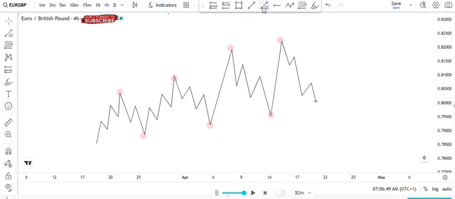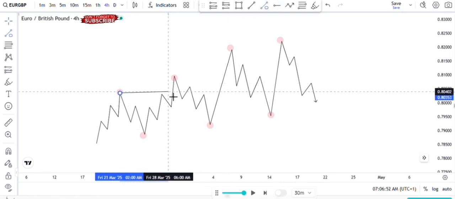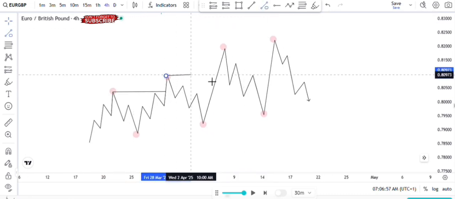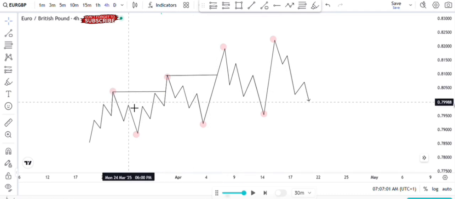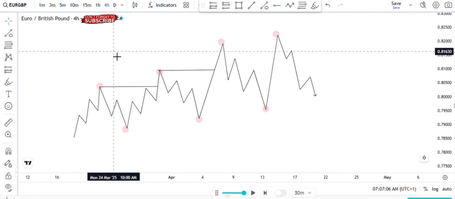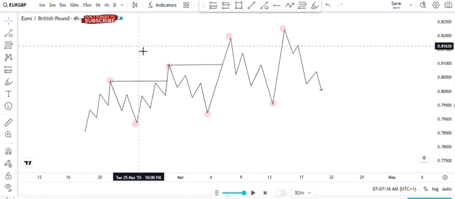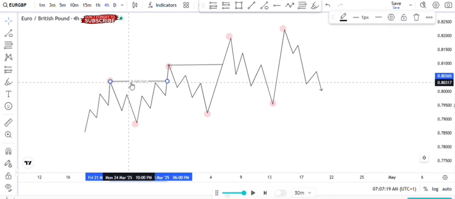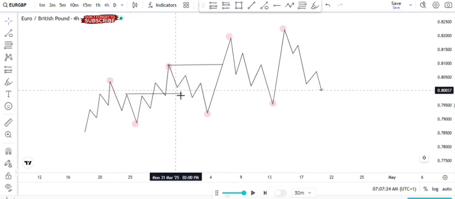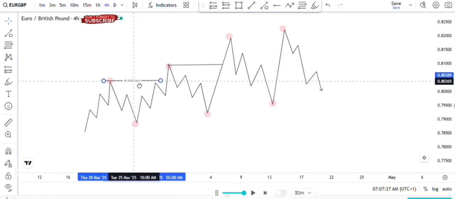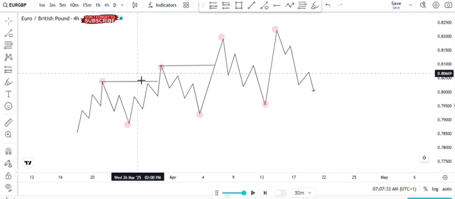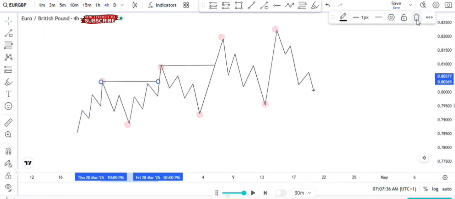So this is your break of structure right here. This is your break of structure. Your market breaks structure here, and also it breaks structure here, but not here. This is where some people get confused and take wrong trades. So you cannot mark this as your break of structure, but rather this one. This one is your structure break. So I hope you're starting to understand this. So always when you're trying to take your trade, but let's talk about